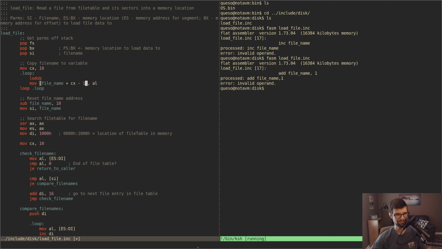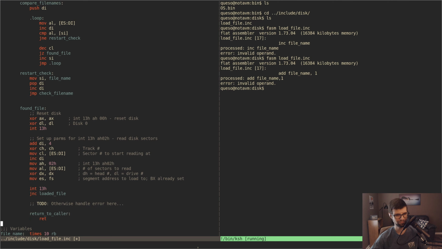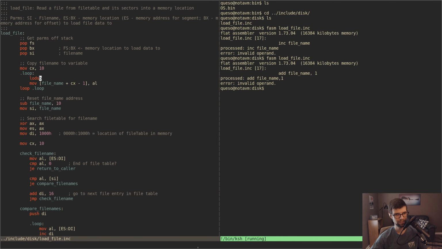File name plus CX minus 1. The data at CX. If CX is 10, this would be file name plus 10. I don't know if reserved byte works here too. Let's just do define byte. I thought I was going to be fancy, use reserved byte. Let's just go back to defining all zeros, I guess. Whatever. I wonder if this works though. Since addressing would be 0 based, we'll add 10 minus 1 to be 9. Although when CX is 0, well,